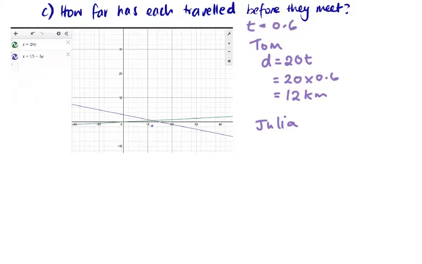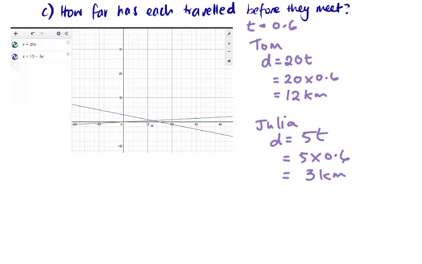So instead of using that really long formula, we're actually just going to use the simple speed formula. So because we don't need to worry that she's not starting at the same place as Tom, we just want to know in terms of speed. So again, we're going to substitute t equals 0.6 in here. So 5 times 0.6, and then you can see d equals 3